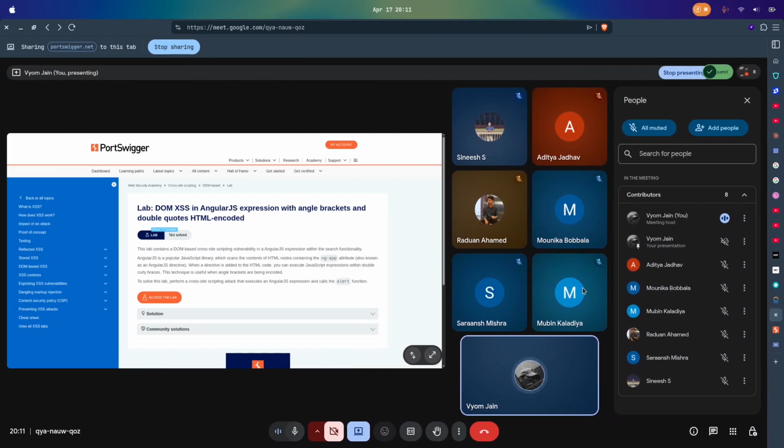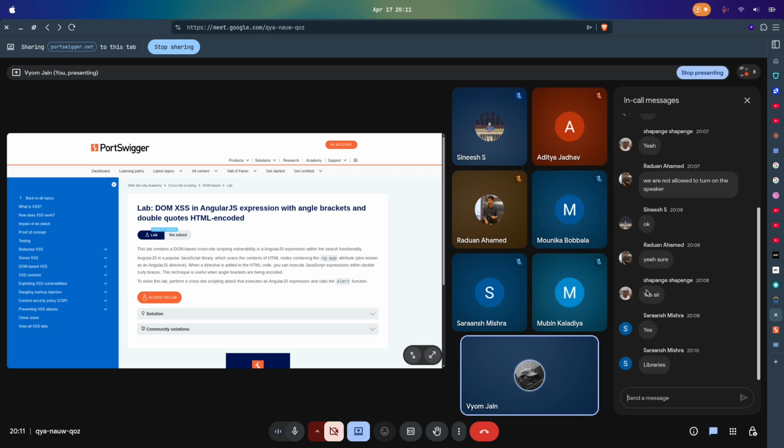But what happened, due to some security issues, AngularJS was deprecated, and then in the market came React, Next.js, and all, which are better libraries. Okay, and libraries I can explain to you like